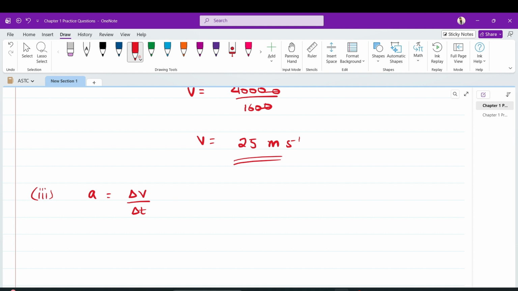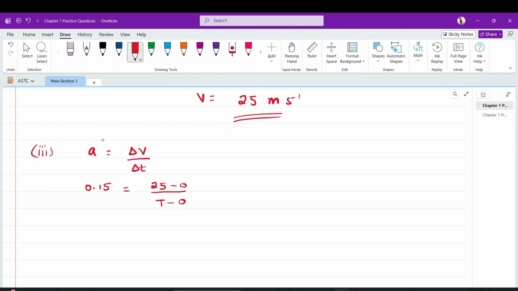So the value of acceleration that's given is 0.15 equals v, which is 25 minus 0, over t minus 0. So therefore, t will be equal to 25 divided by 0.15, and that gives us